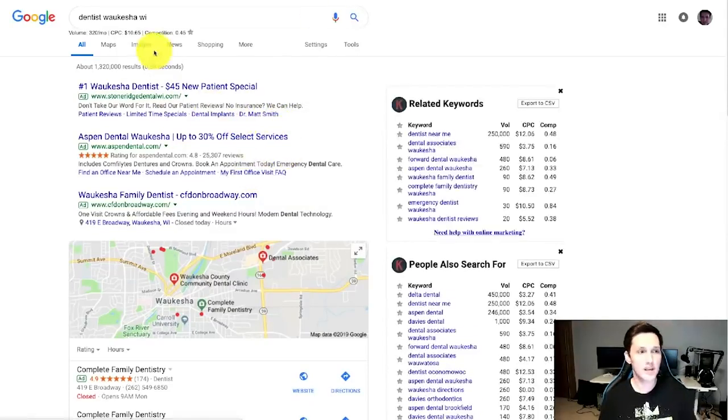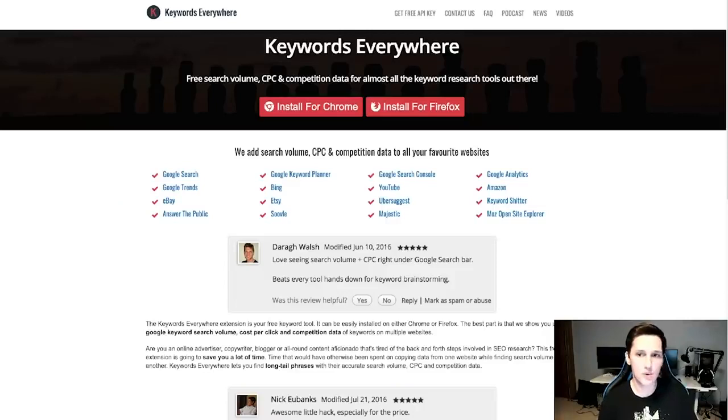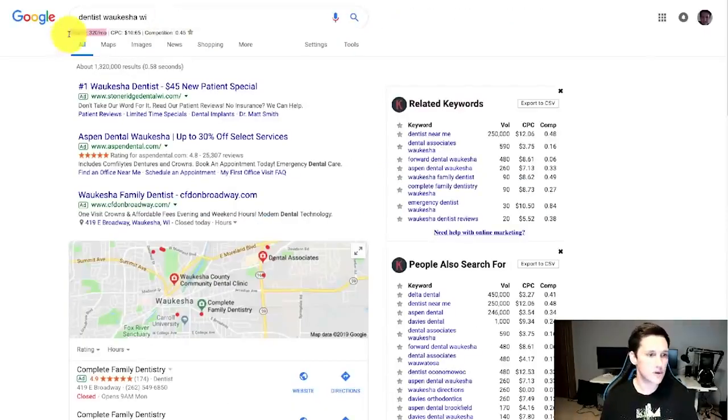What you could do is point out to them, hey, dentist Waukesha, Wisconsin gets 320 monthly searches. Can you see that on the top of my screen? The way that I'm showing this here is with a free Chrome extension called Keywords Everywhere. It works for Firefox too. You literally go to keywordseverywhere.com and install this plugin, and then whenever you do a Google search, it'll tell you how many people every single month are searching for